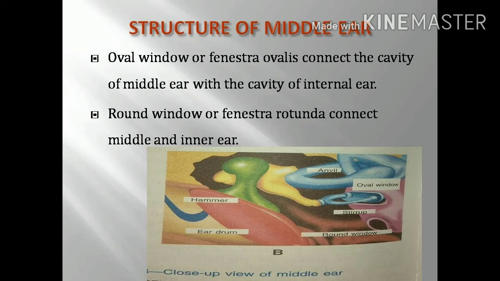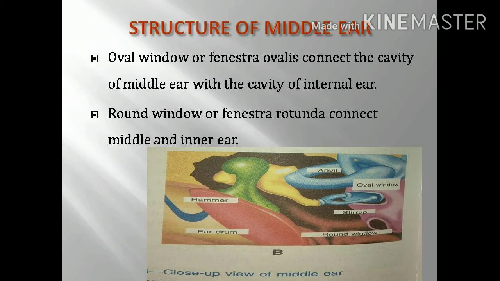The anterior wall of the middle ear contains an opening that leads to the auditory tube, called the eustachian tube. In the middle ear we can see this tube-like structure. The eustachian tube connects the middle ear with the throat. Thus, any throat infection may reach the ear through the eustachian tube. There is a connection between the throat and ear.